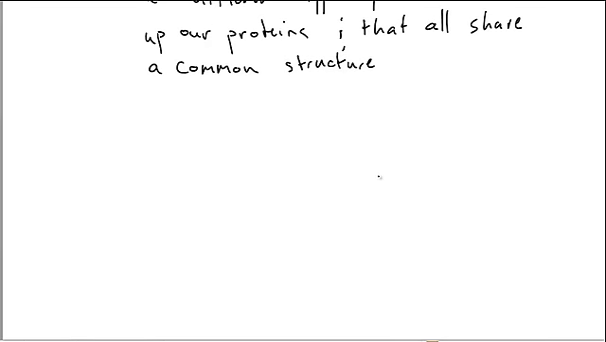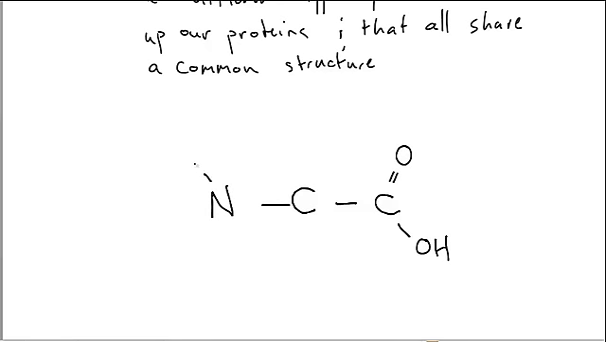So if you're to look at the basic or the common structure of all amino acids, it starts with a central carbon that is then attached to a carboxyl group, which is a carbon double bonded to an oxygen plus bonded to an OH group. It's also attached to an amine group, which is a nitrogen attached to 2 more hydrogens. Off that central carbon there will always be a hydrogen, and then there will be what we call an R